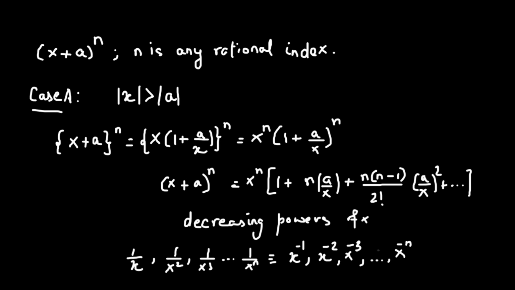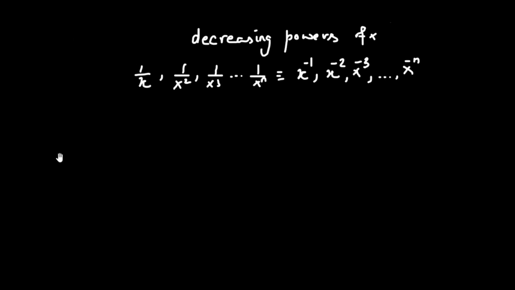It's written in the form of decreasing powers of x. So this happens when the absolute value of x becomes greater than the absolute value of a. Now we go to the second case. Now in the second case, we will consider